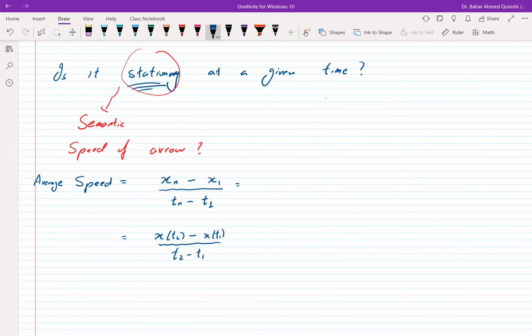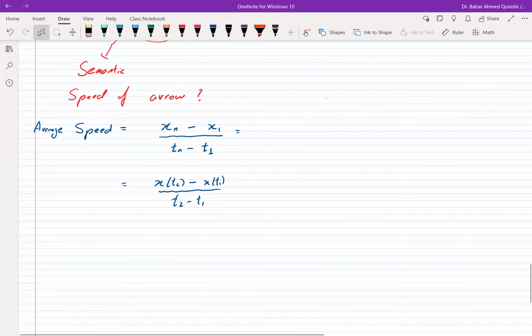And when I write this notation x of t2, that just means the position at time t2, and x of t1 is whatever position I get at time t1. This is how I define speed. There's nothing more I can do. So I can give them this notation, the change in position divided by change in time, and it's just an algebraic step. I take a difference and I divide two numbers. No calculus so far is involved.